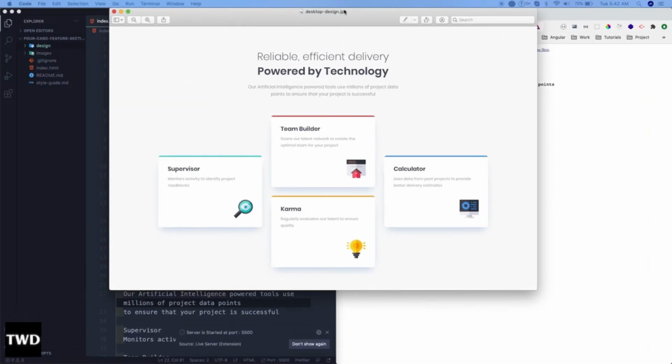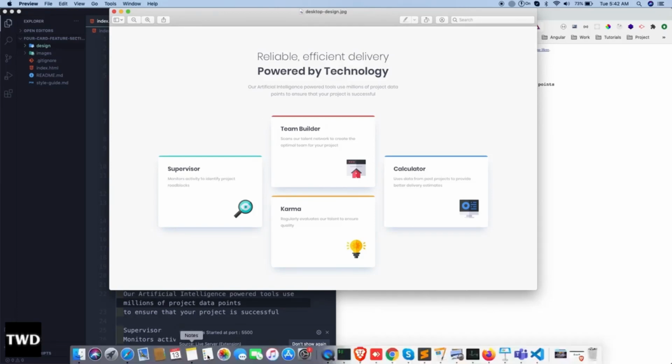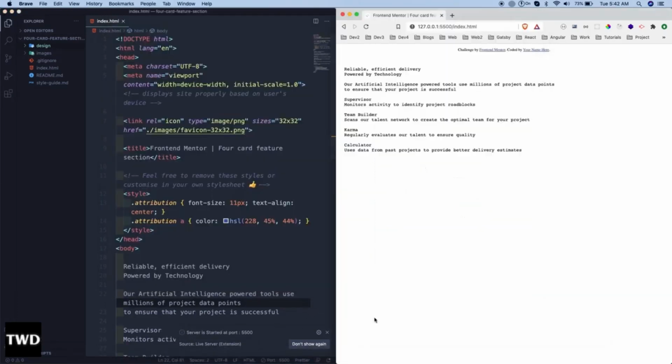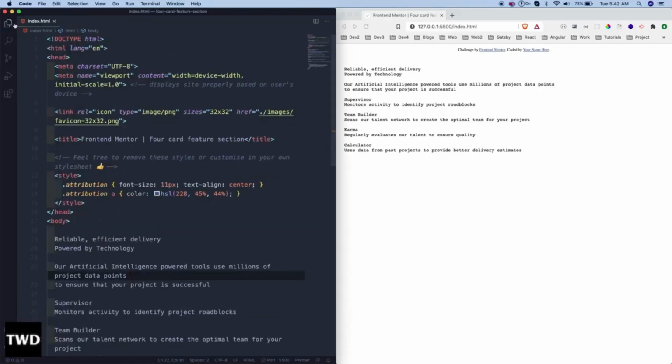So this is the desktop design they have provided, so we have to prepare it like this, and let me keep it here only. Mobile I will do later on. Let me keep it in the background. So the next thing we need to do is, first we will do the HTML, then we will move forward with the CSS. So for HTML,